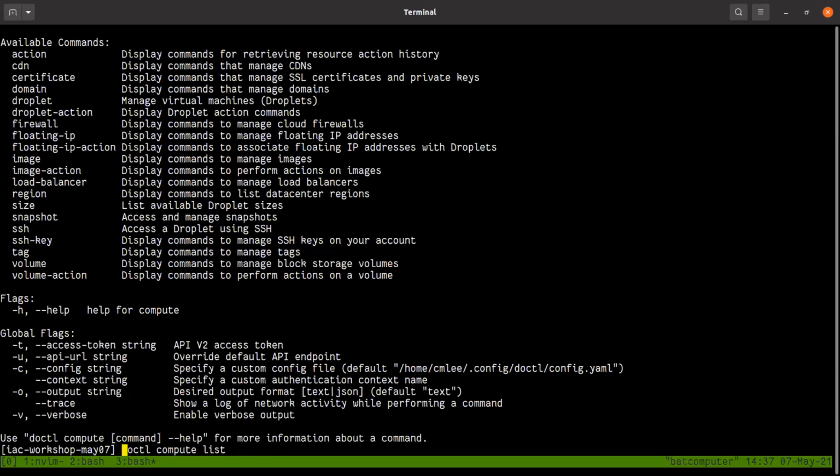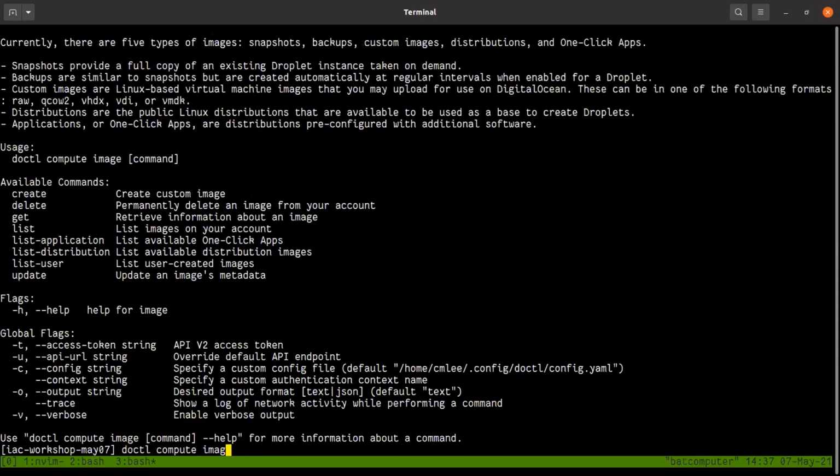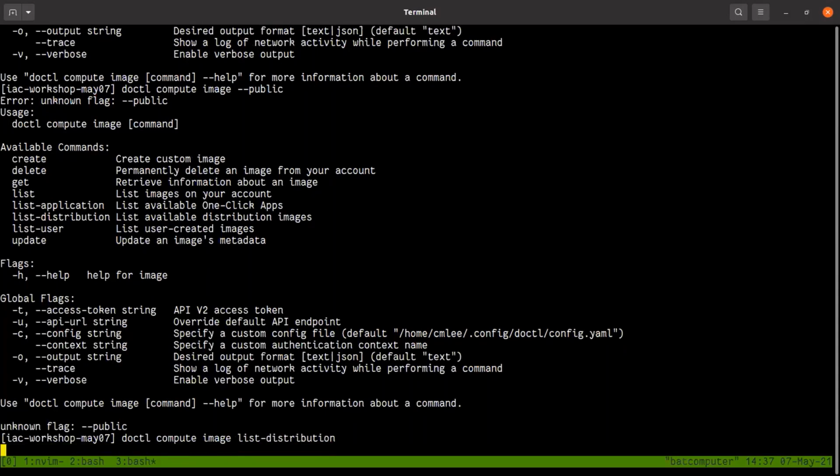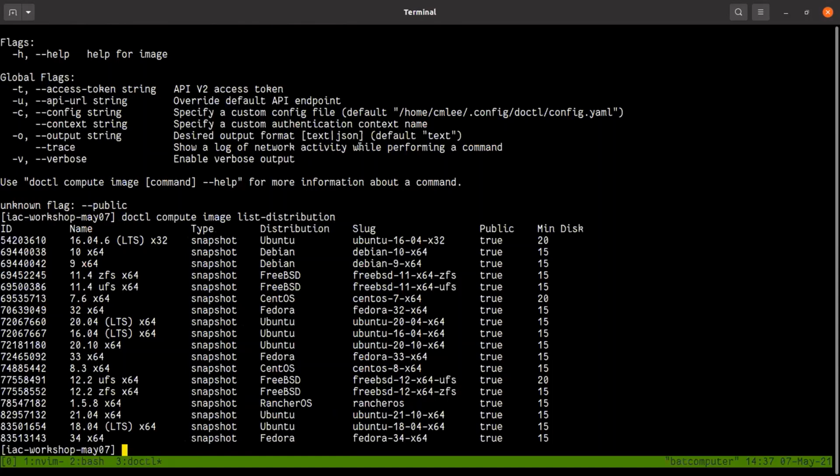Sorry. List compute image. Okay, sorry. List distribution. Okay, so these are the distributions.